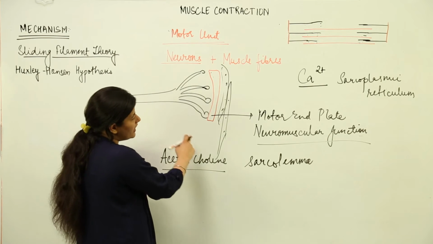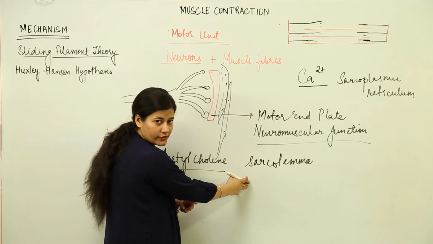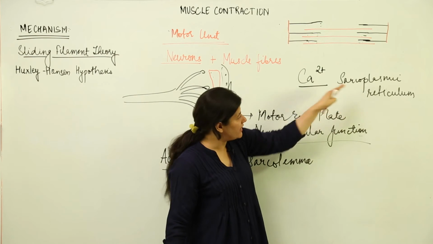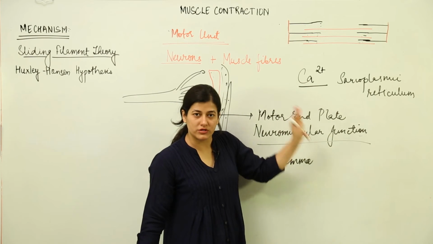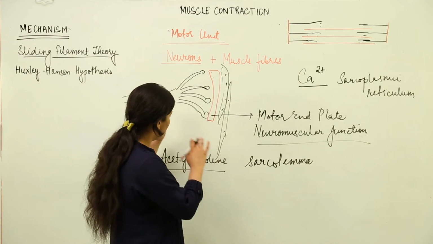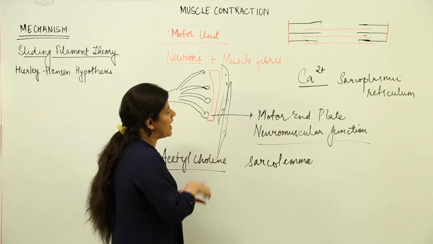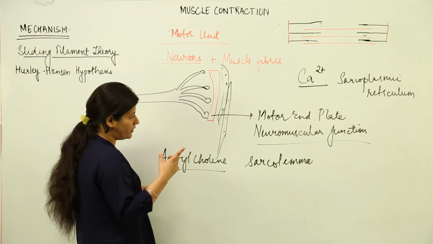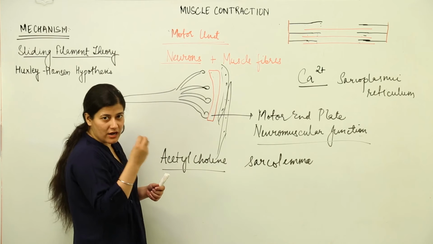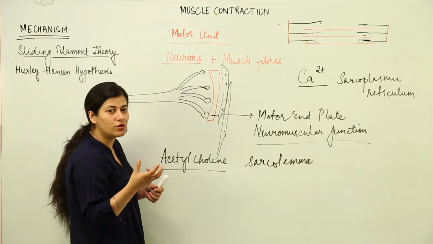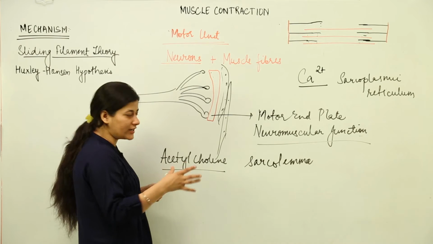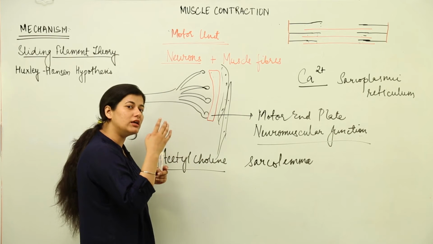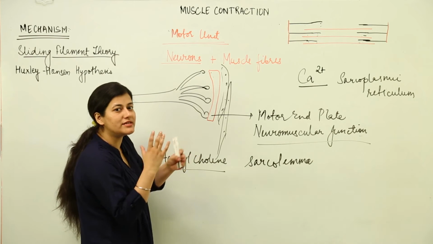This acetylcholine sends an impulse on the entire sarcolemma which is sensed by the sarcoplasmic reticulum, and that ends in the release of calcium 2 positive ions. This is where we have to understand that now the muscle has started the contraction. Now there is an all or none principle that comes into being: once enough calcium ions and enough impulse have been generated that the muscle has to undergo contraction, it would go to complete contraction. It would not stop in between. As in the case of your hand, supposedly you have to move it like this, you will bring the complete contraction. There won't be that half of the muscle undergoes contraction.